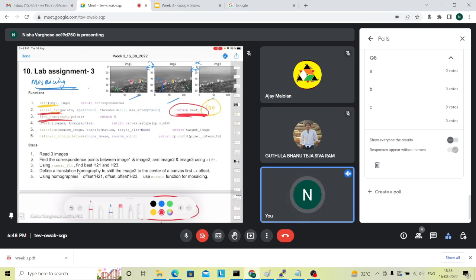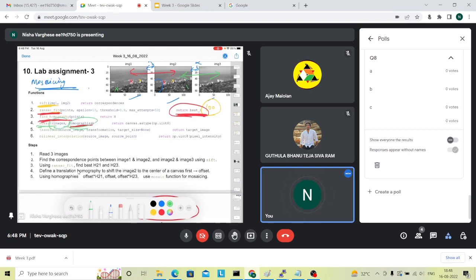You will have to find H between image 1 and image 2, then H between image 2 and image 3. What is H actually? It is a homography between two images. Every point in image 1 will be connected to the image 2 elements by using a single matrix H. That is known as homography H. You will get these using the RANSAC algorithm, and then you pass those homographies through the mosaic function along with the images to get the